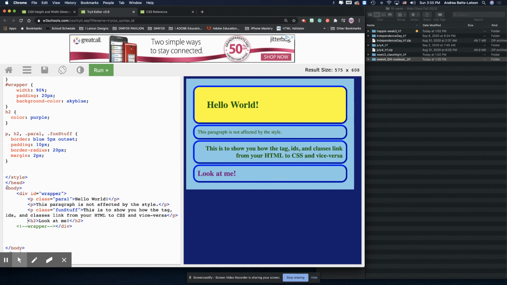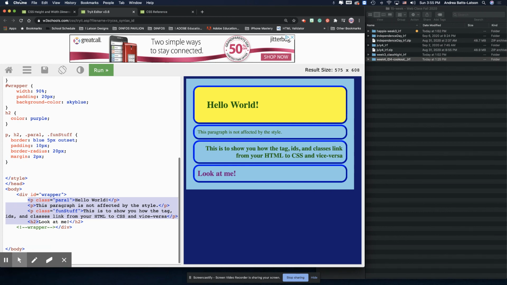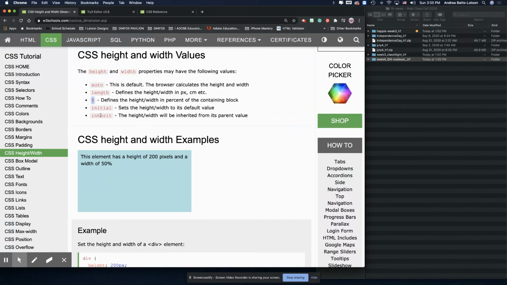So body is a parent, wrapper is a child to body, then wrapper had children, right? So these are wrapper's children, the P tags and the H2 tags. And then the children have siblings. So this P is a sibling to this P, is a sibling to this P, and this P is a sibling to the H2. So all of these are siblings. So there is a parent-child sibling relationship. Understanding that is what's going to help you understand when we talk about things like inherit. So inherit means that you're inheriting